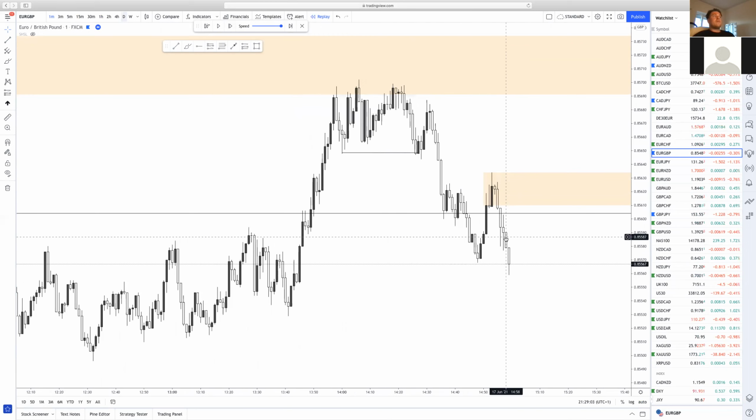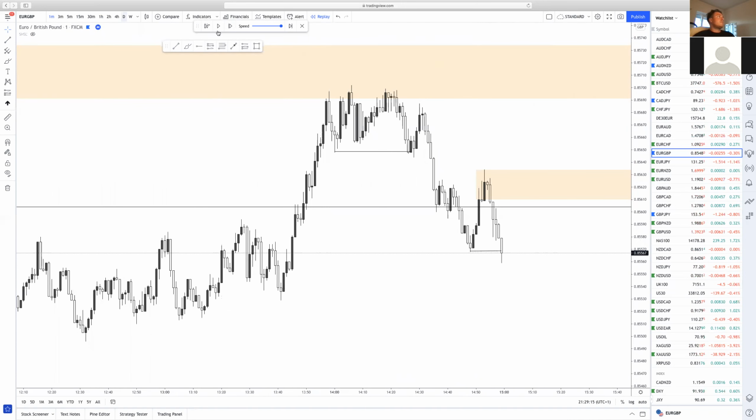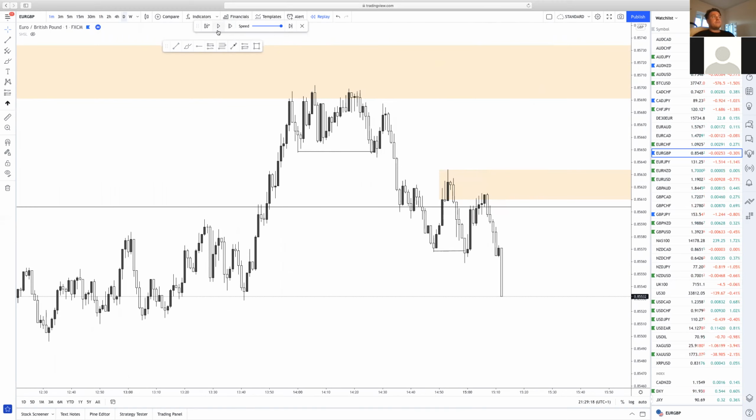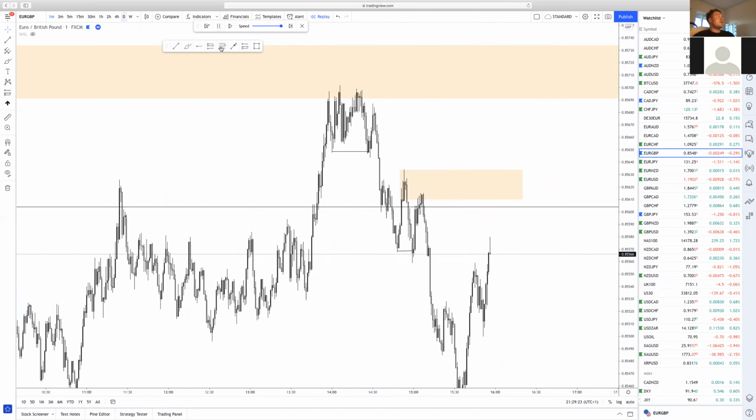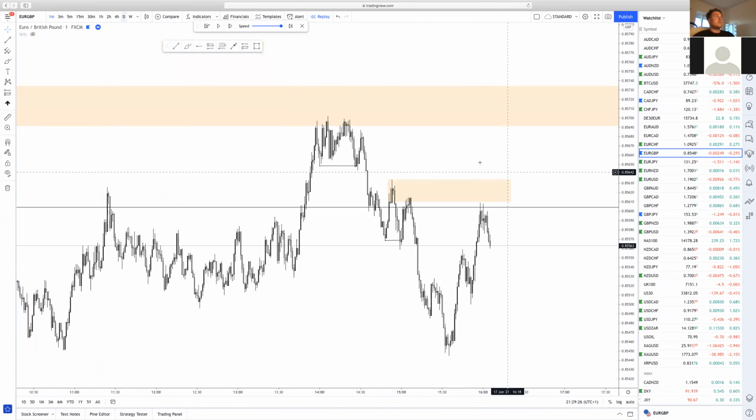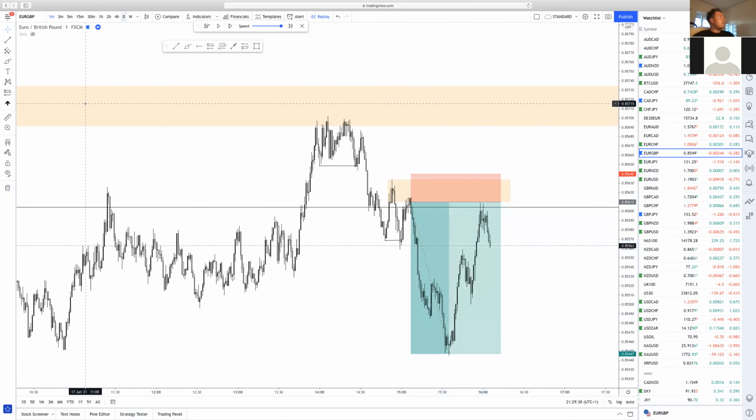So price comes up and forms a break of structure and a rounded retracement around it. All right. Comes back in and boom. I'm sick I didn't take that because that would have been a good trade. Let's see what the risk reward is here. 5.5 to 1